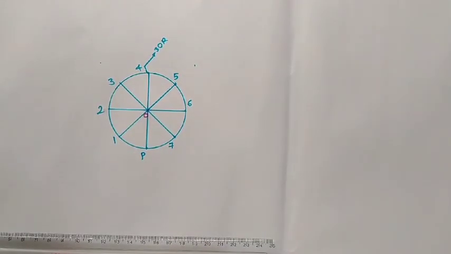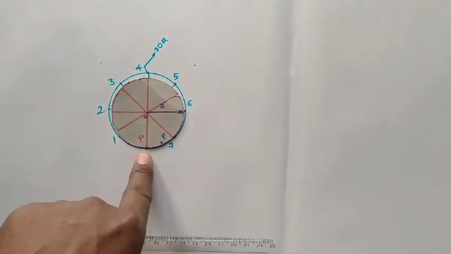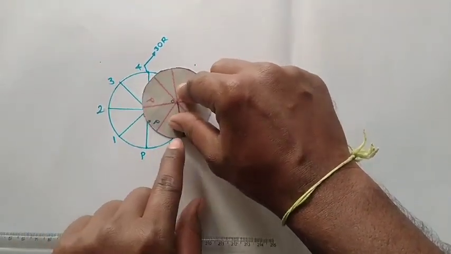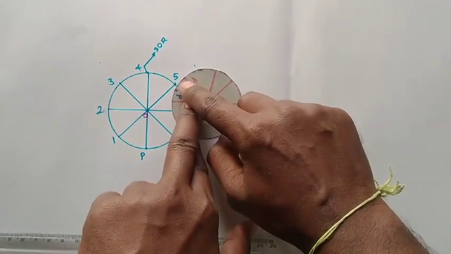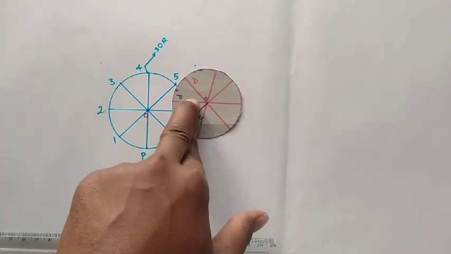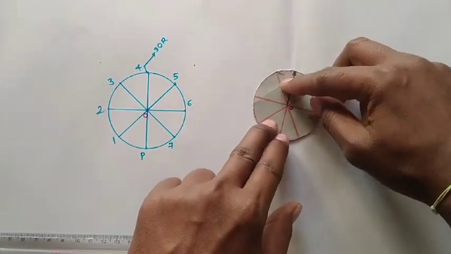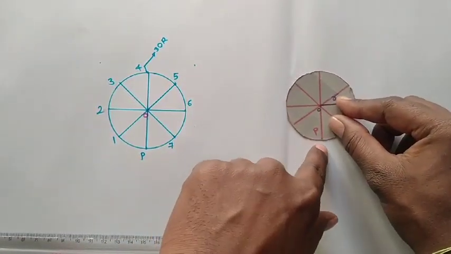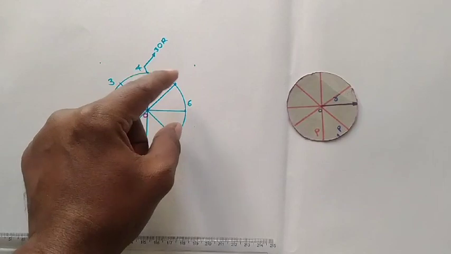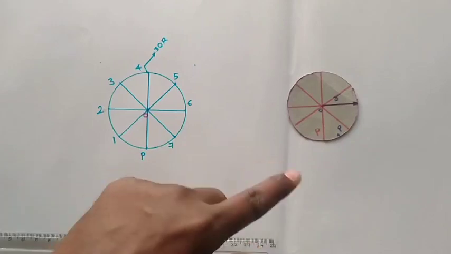Next, this is the rolling circle. A point P lies at the bottom side of the circle. When the circle starts rolling along the straight line, the point P moves from one place to another. When the circle completes its full rolling, the point P reaches the bottom side again. The circle rolls along this surface on a straight line.